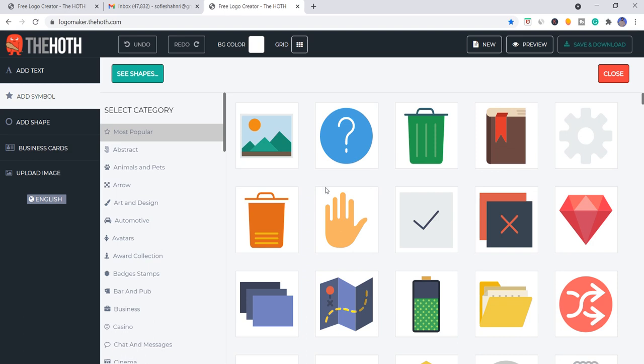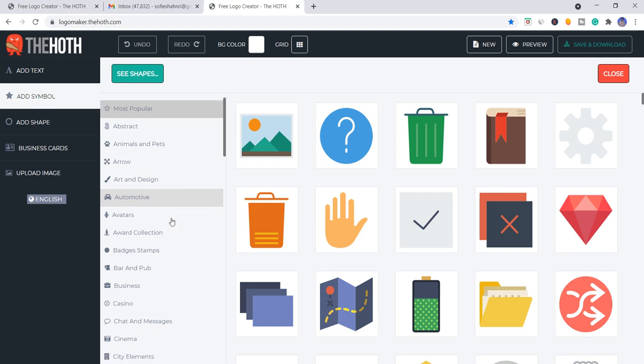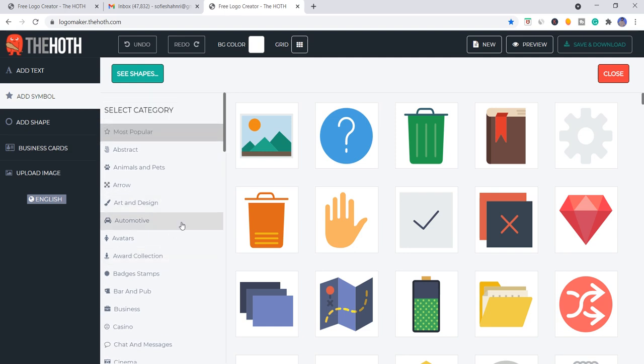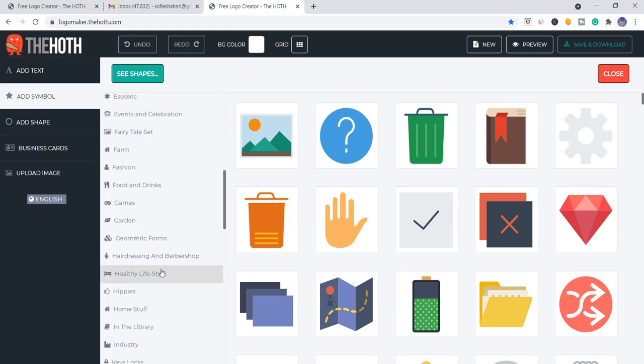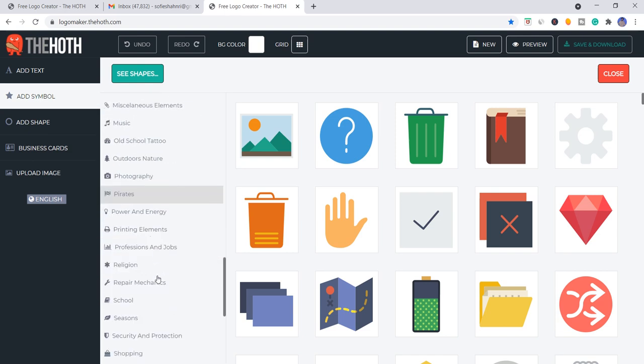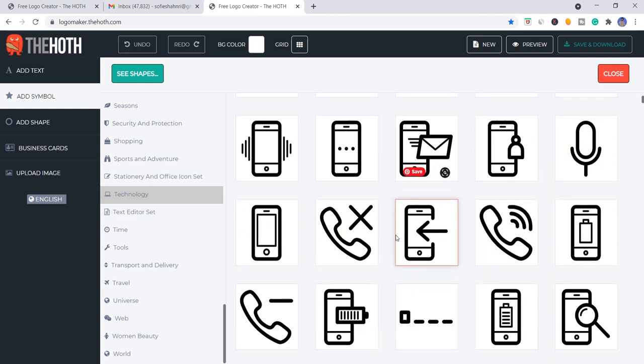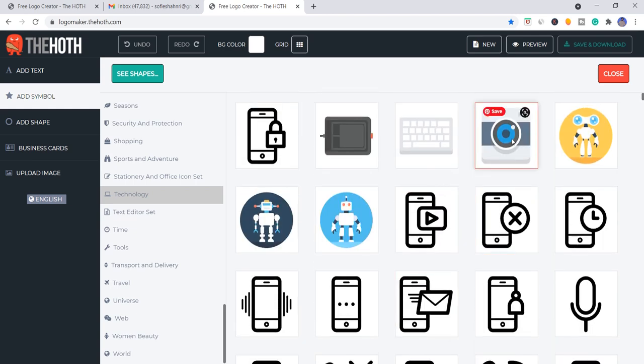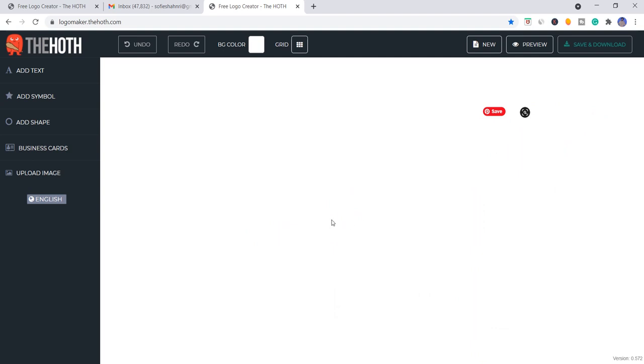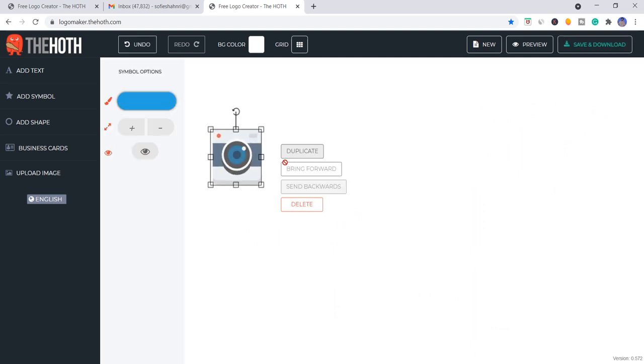Here you can choose all the logos which you want, and you can select categories, niche on which you are working. So I'll go with the technology. I do the digital marketing, so I'll go with the technology. So I can select anything. For example, I'll just do the test. So let me go with this. So once you select your logo, here it is.